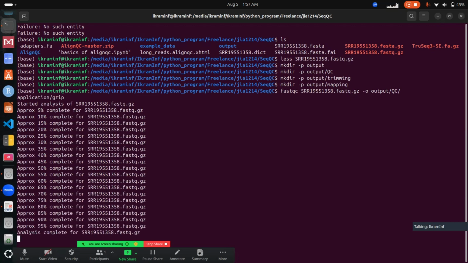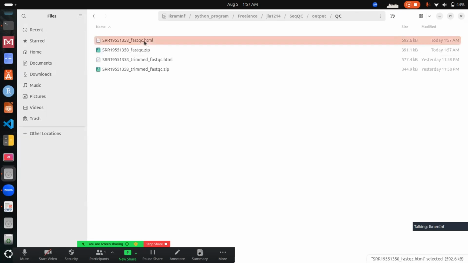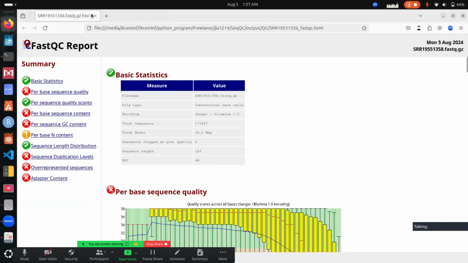it is actually running. Okay, the running is complete. So now if we want to open this file, we can go to our directory here. So this was our file actually. So now if we look at the